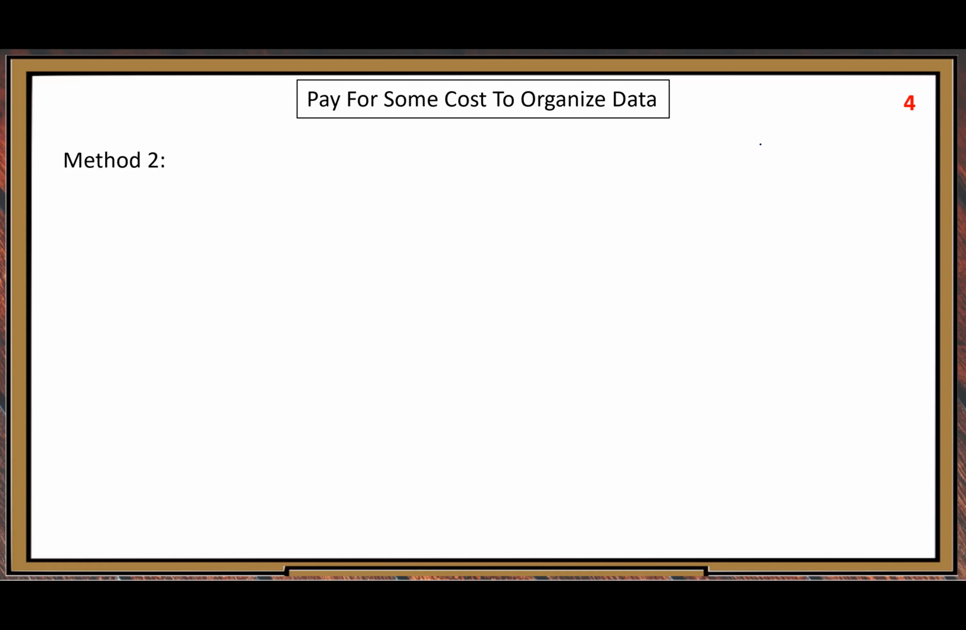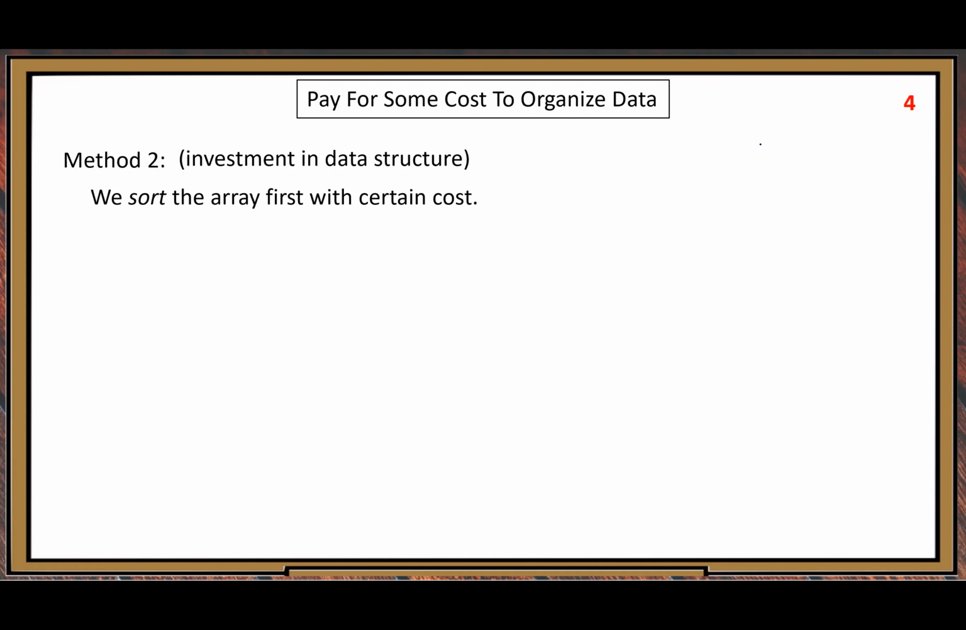Okay, now let's do our method two in this way. Investment in data structure. Here, we do some investment. So we sort the array first with certain cost. Before we check uniqueness, let's sort the whole array. We know it's costly. It has some relatively big cost. And we want to see if it's worth the sorting